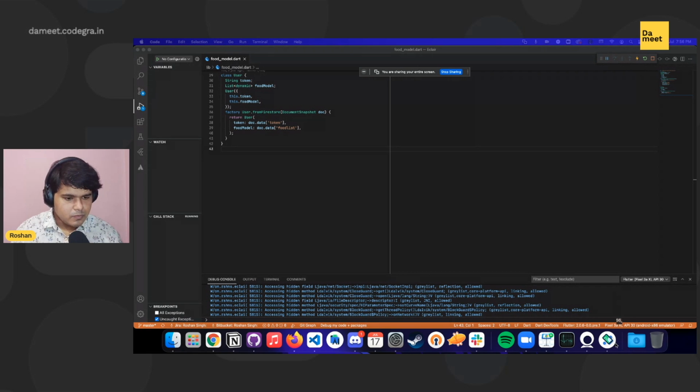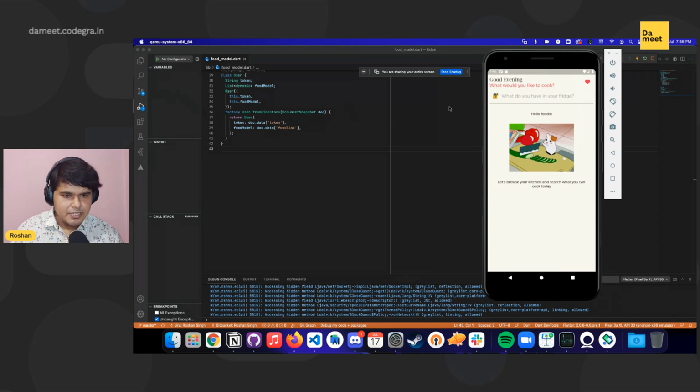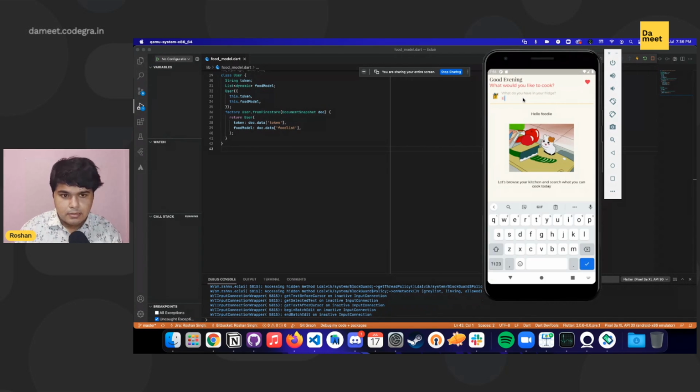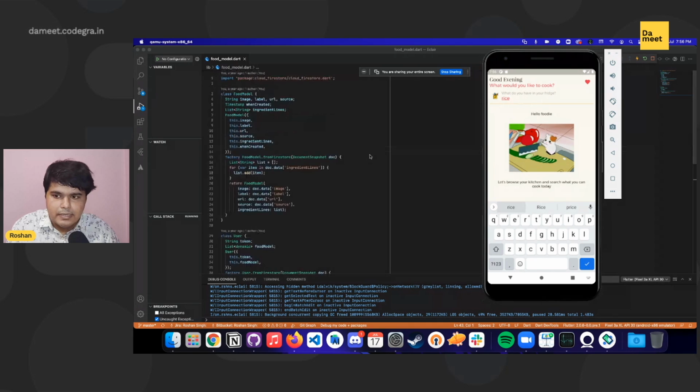So we'll be demoing this application now. This app is basically whatever you type over here, let's say rice, and this is something which I just created for this entire session.